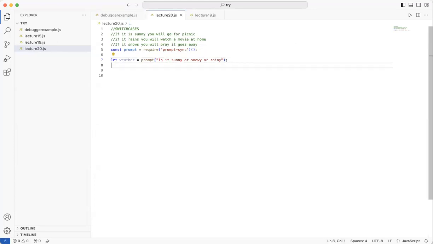Okay, so this is what the prompt is going to ask the user. Now, once it gets those answers, let's try to create something with this. So let's try to write a switch case over here.